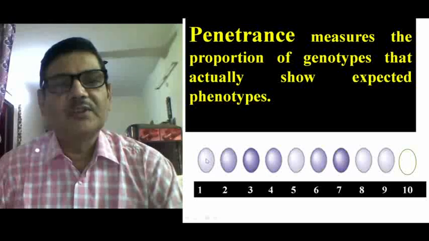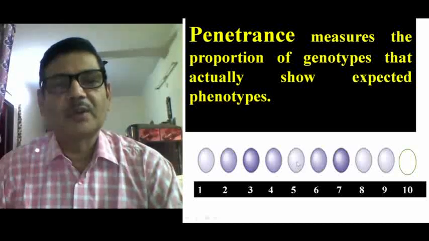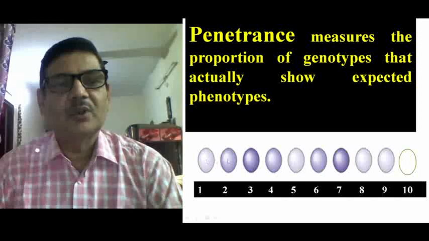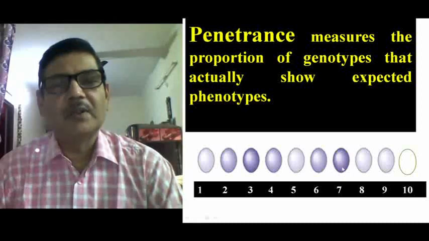So suppose these are 10 individuals, and these 10 individuals possess exactly the same genotype, and we expect that they should have a particular phenotype. Suppose this color appearance is the phenotype. Now what we are observing is that individuals 3 and 7 show maximum appearance of the trait,